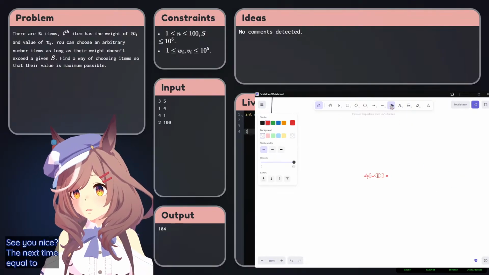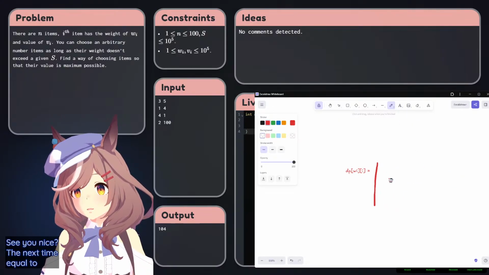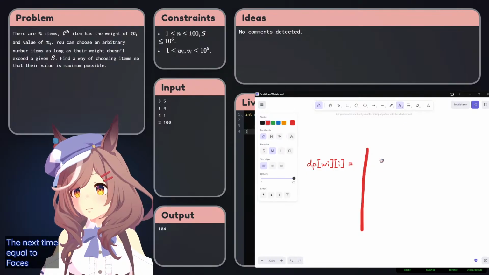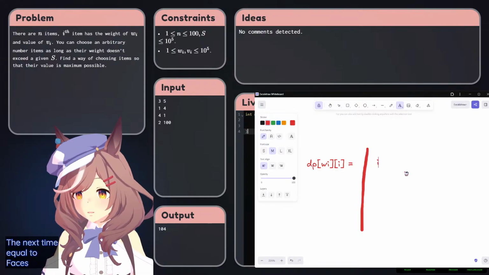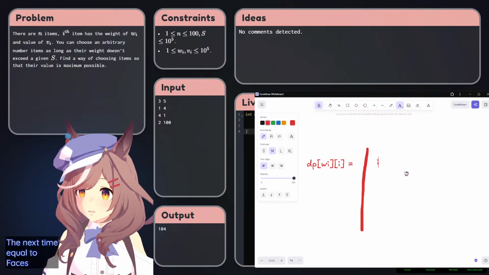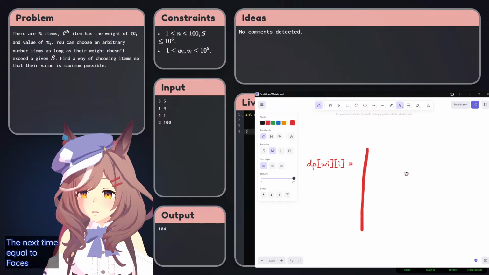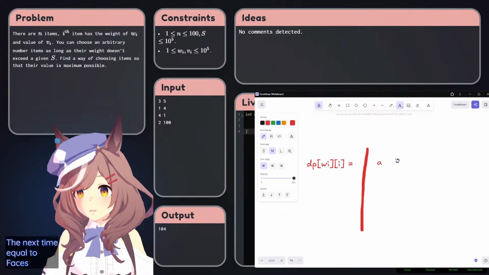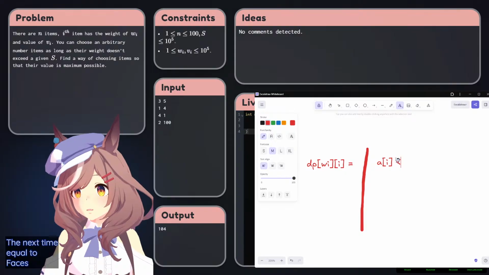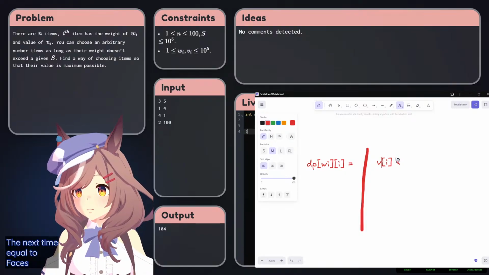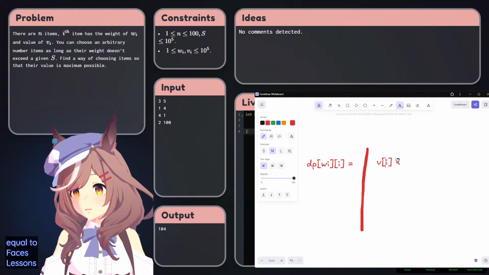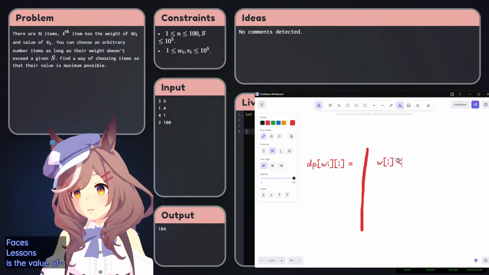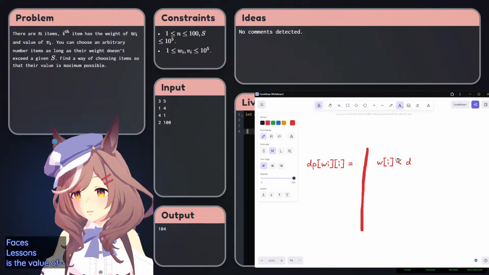So there are cases: if the value of the weight of I is less than dp